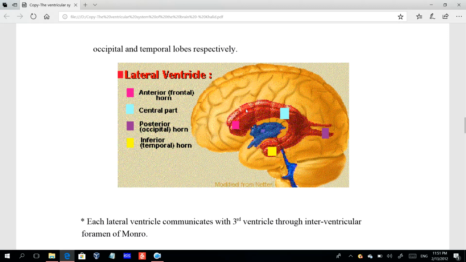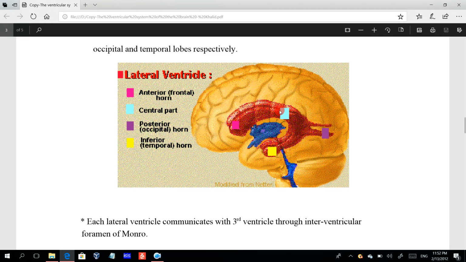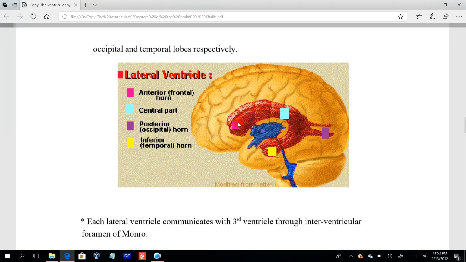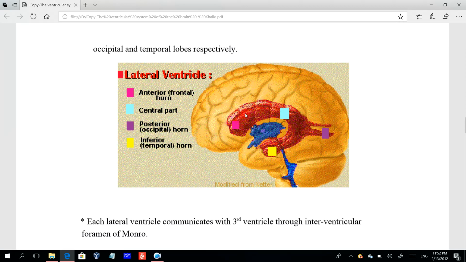The area from here to here is called the central part of the lateral ventricle, and it is within the parietal lobe of the brain. And here the anterior part is called the anterior or frontal horn,